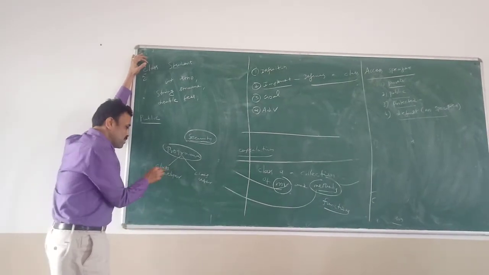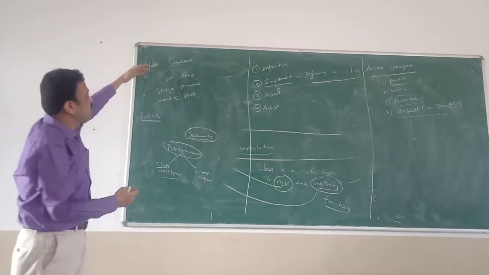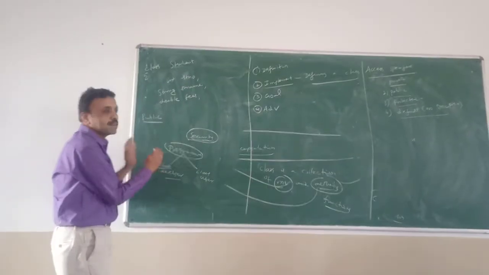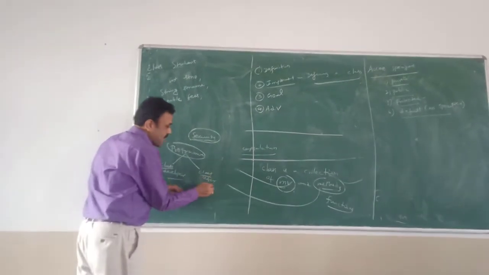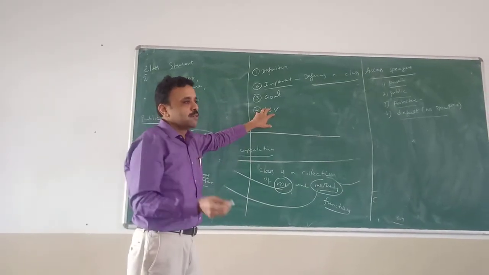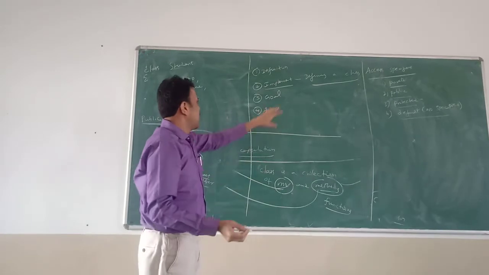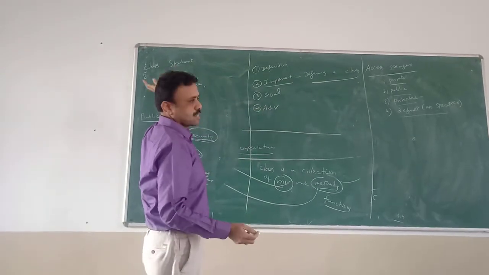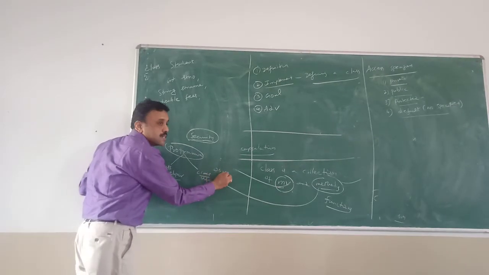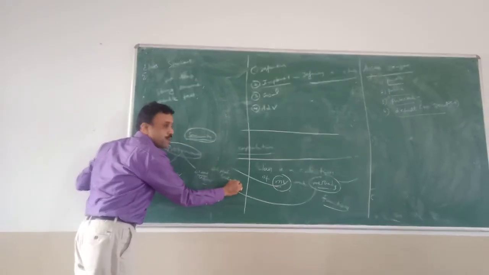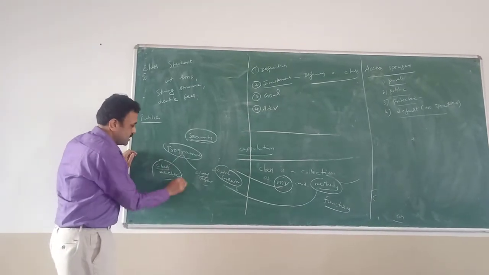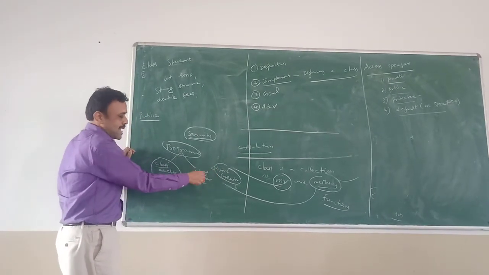Class developer means what? A programmer who is defining this class is a class developer. A person who creates object for this particular class, who writes a main method, who creates object for this class and accesses it through that object, is a class user, or we can say object creator. Whatever word that you want, you can use. In a real-time environment, class developer is different, object creator or class user is different.